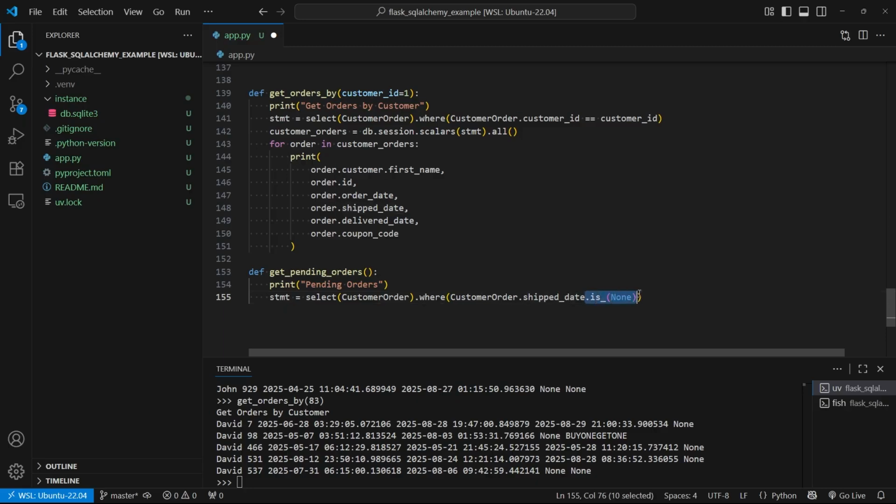This approach is just because is a reserved word in Python. So the creators of SQL Alchemy want this to be very different from the built-in is. That's why it's is underscore. And then we can just pass in none for null here. Then I can run the query. So we'll do pending orders equals db.session.scalars, pass in the statement, and then just do .all